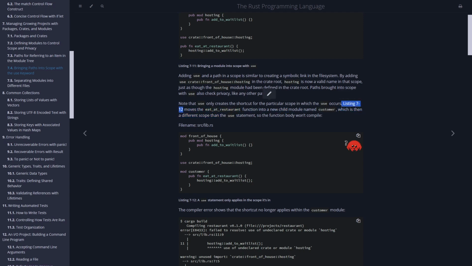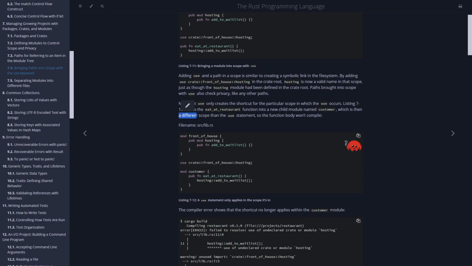Oh, this one. So the customer moves to the eat_at_restaurant. Oh, okay. Which is then a different scope